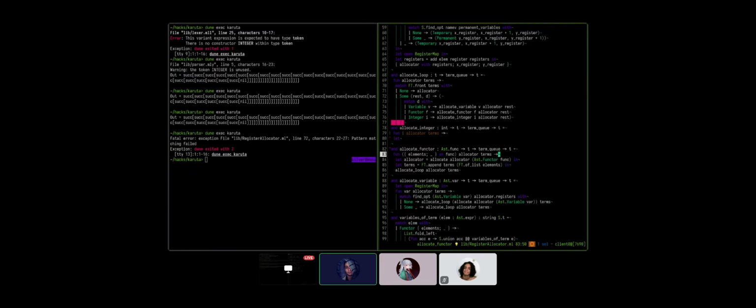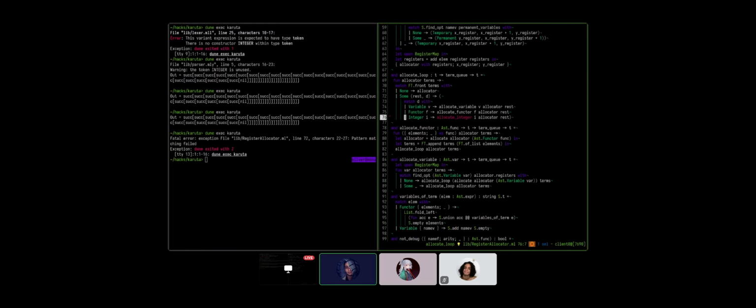So that's the question: do we need to allocate a register for numbers? I don't think that we do, no. Well, in that case, don't put a catch-all there. Just call allocate loop. If it's an integer, we just recurse. Continue execution.